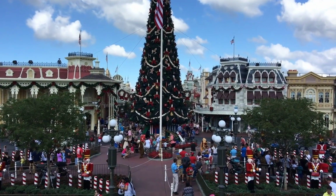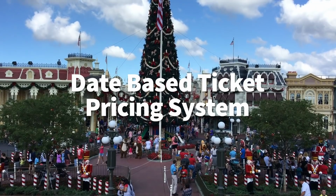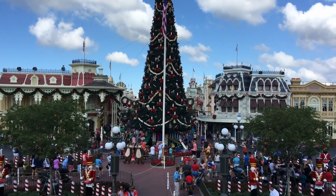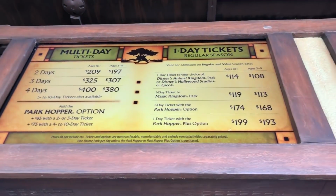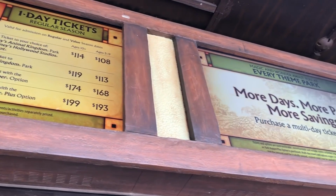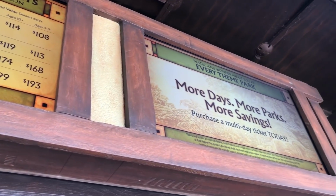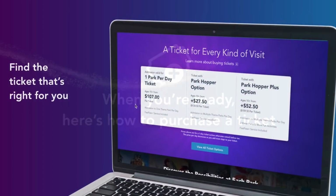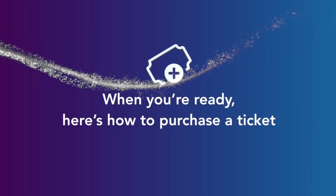And yet another price increase was the date-based ticket pricing system. So you remember you used to be able to buy Disney World tickets and use them anytime during the year. And then once you used them for the first time, you had 14 days to use the rest of your tickets. Now you actually have to, starting October 16th, purchase tickets for a specific day or